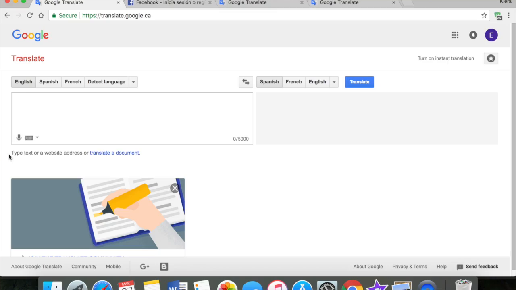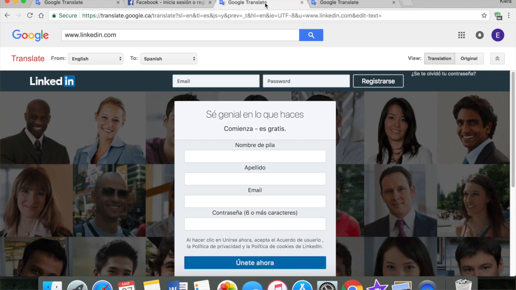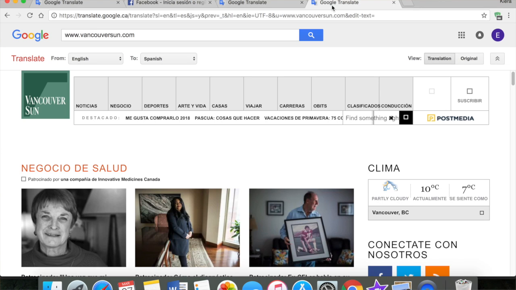For example, Google Translate offers the ability to translate entire websites, social media sites like Facebook, work-related applications like LinkedIn, and news sources like the Vancouver Sun or the New York Times. All of which allows someone like Miguel, who does not read English fluently, the opportunity to participate online.